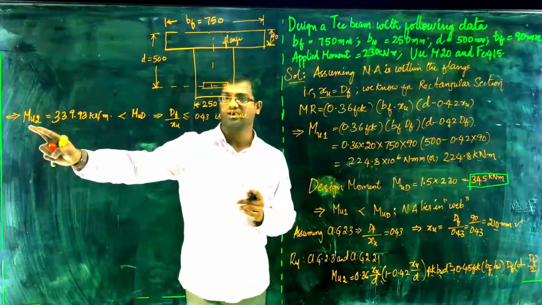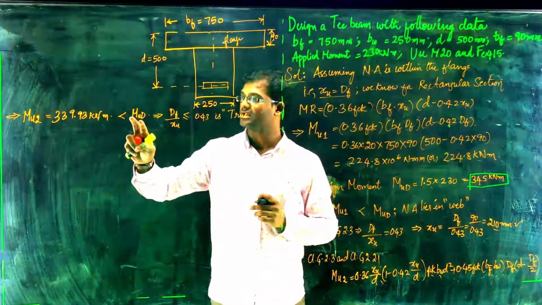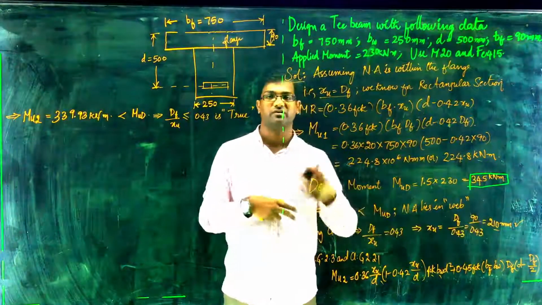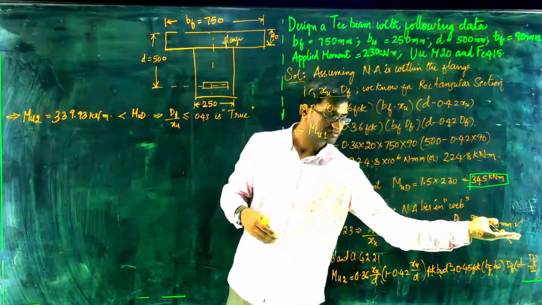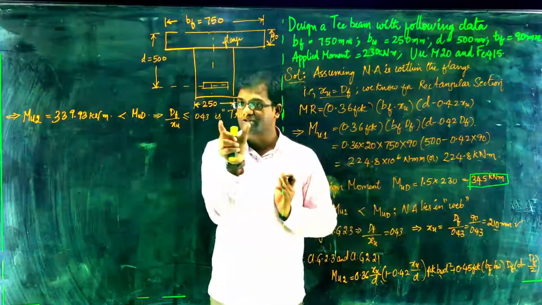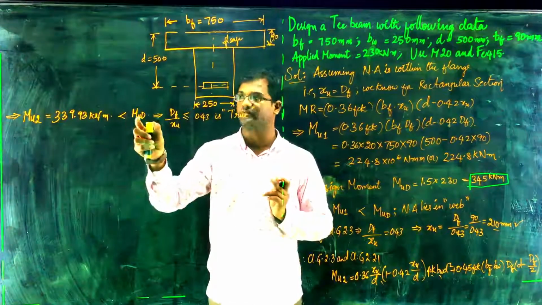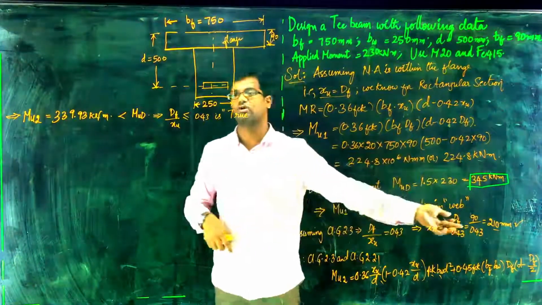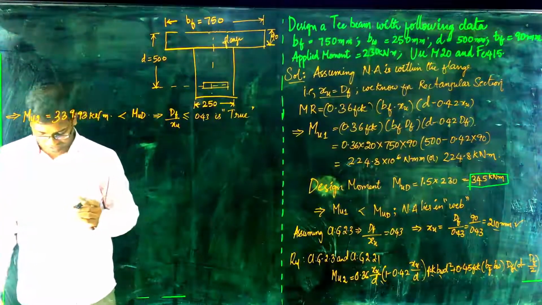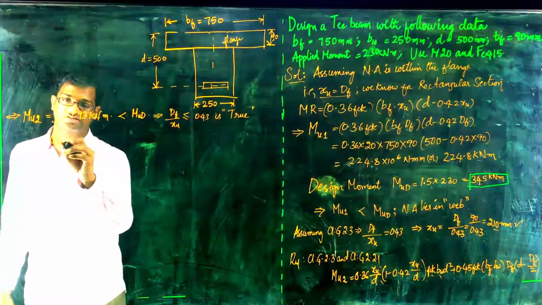If the design moment whatever we have calculated is less when you compare to Mu2, then the neutral axis should be followed in a different way. So whatever neutral axis you have calculated here, Xu of 210, is true. Why? Because if your Mu2 value is less than this one, if it is more, then it is not the actual. So when you know that Df by Xu is less than or equal to 0.43, then you need to calculate the compressive forces